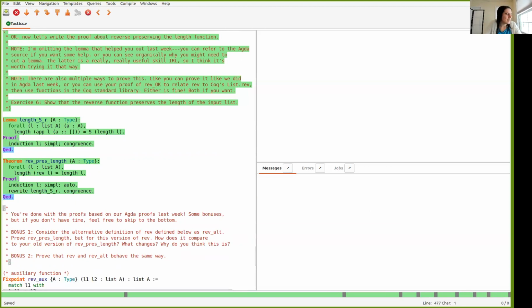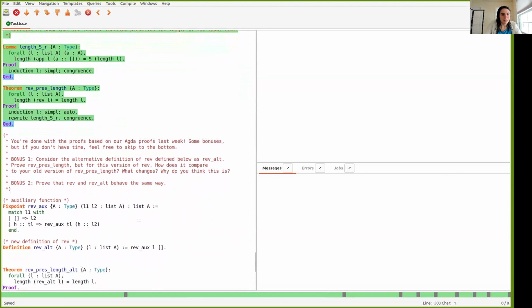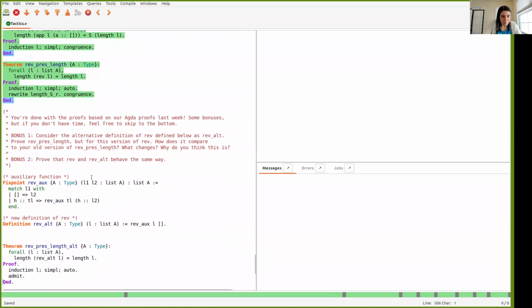If you've ever written a recursive function that needed an auxiliary function that passed through something else, like here we have this rev aux thing, then you've actually done this generalizing the inductive hypothesis thing that people talk about when they write their proofs,